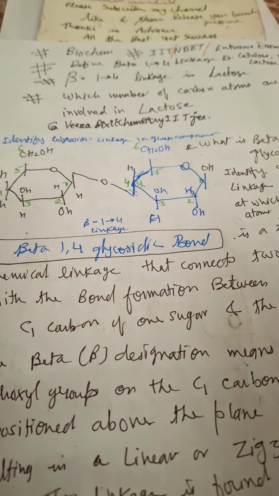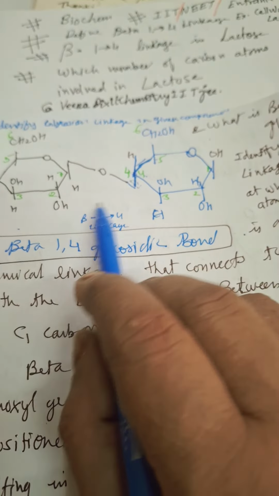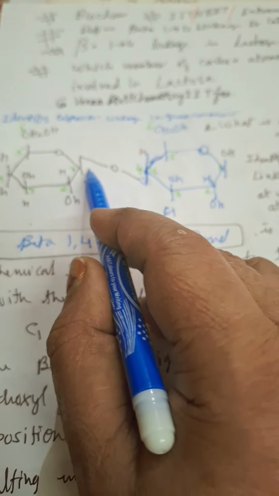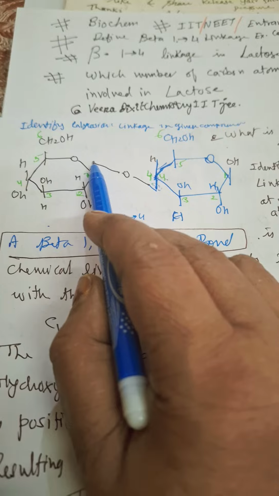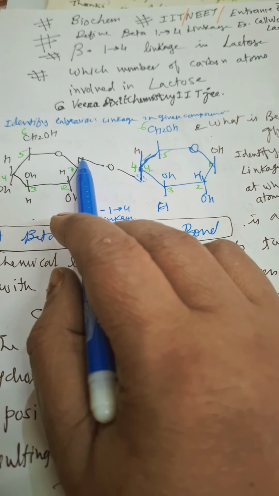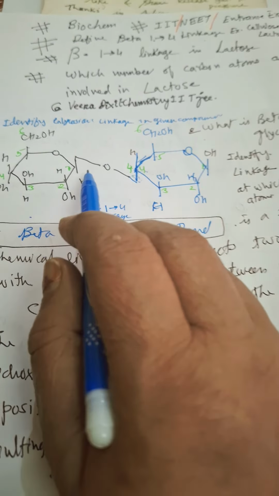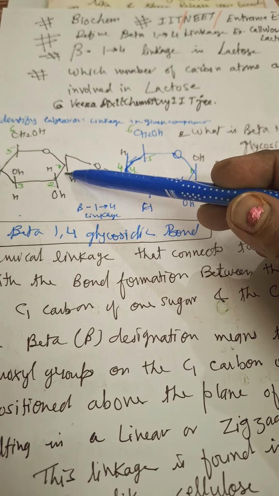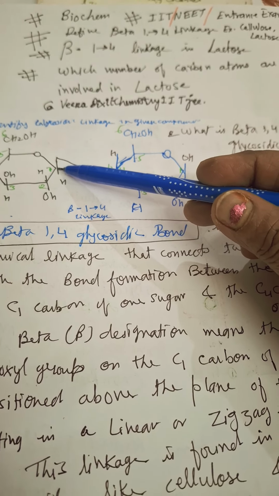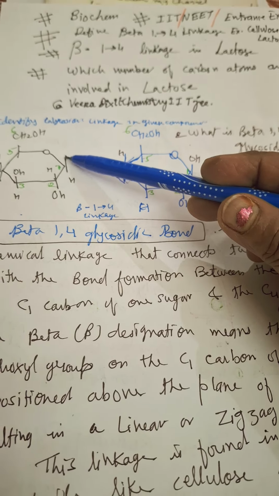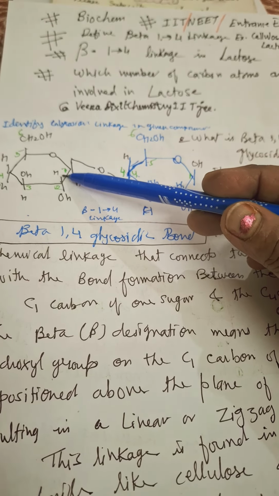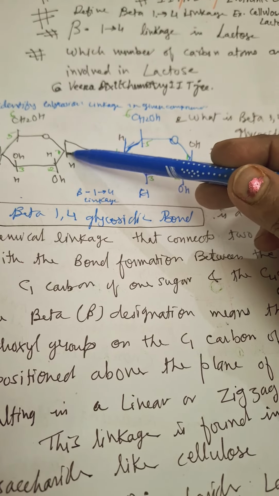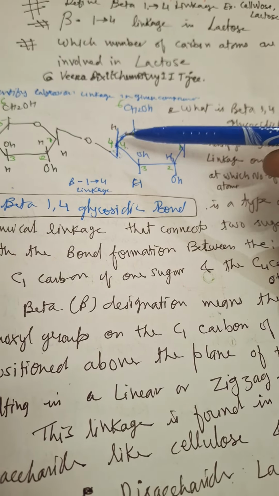Here they have given this compound, and they are asking which type of glycosidic linkage is occurring here. Since H is down here, OH was up, and with this OH up and this OH down, water will be lost and this disaccharide is obtained. Since this is at C1 carbon, that is the anomeric carbon, and OH is above the plane of the ring, that is why it is beta. This is beta glucose, so this will be a beta C1-C4 linkage.